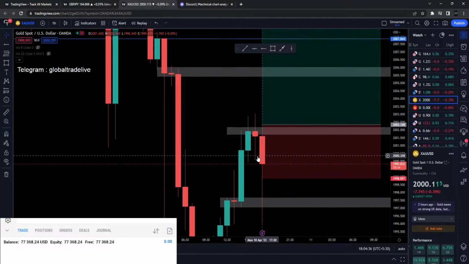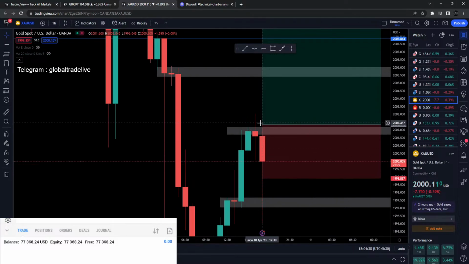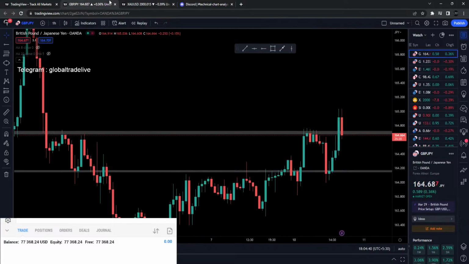But obviously we need this candle to reverse and break its own high. So I'm gonna just wait for that,